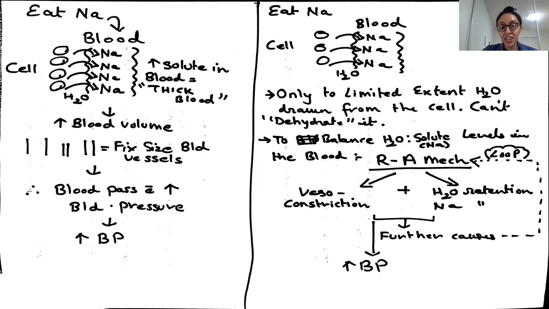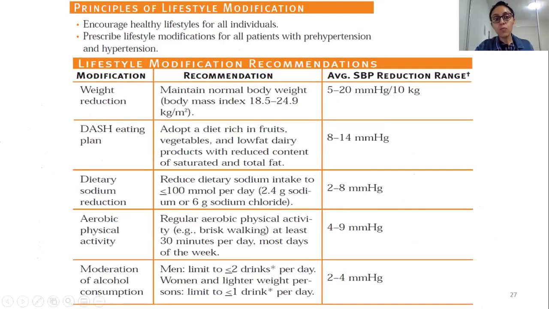Okay, so rather than reading research articles, which may not make a lot of sense to you at this stage, it's good to go through something which is diagrammatic and someone talking through these diagrams. Okay, so now we'll move further. So what has shown the maximum effect in managing high blood pressure? Weight reduction. Okay, weight reduction has been shown to have the maximum effect. It reduces blood pressure by 5 to 20 mmHg, which is so good, per 10 kg weight reduction. All right, which is great.